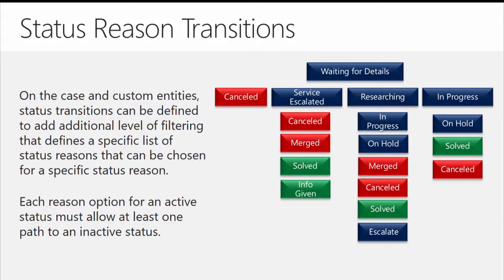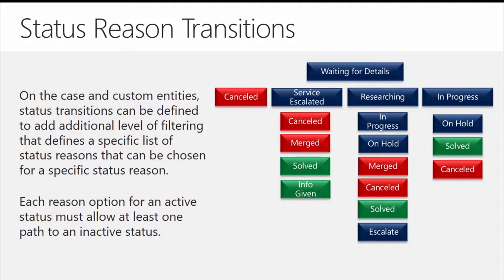What's nice about this is I can define status reason transitions that would allow me to define where I can move from each one of those situations. So for example, when I have a case that is in a researching scenario, I can either move that case to in progress or move it to on hold. I can't necessarily move it to waiting for details or something like that. Same thing with in progress. When something is in progress, I can't go back to researching because the thought process being that I would have